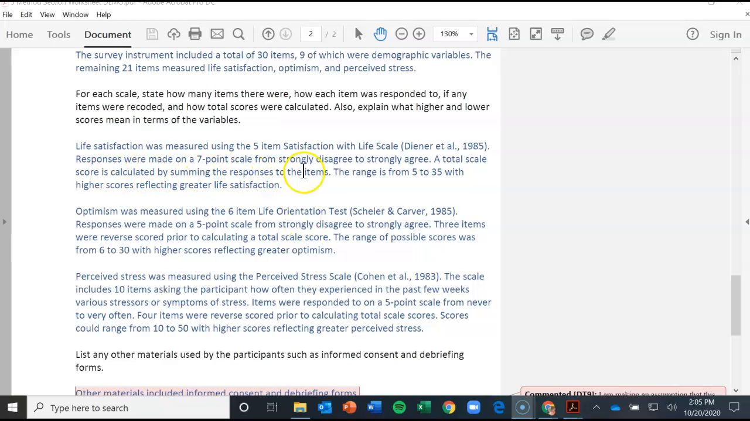Response is made on a 7-point scale from strongly disagree to strongly agree. Total scale score is calculated by summing the items. The range is from 5 to 35,